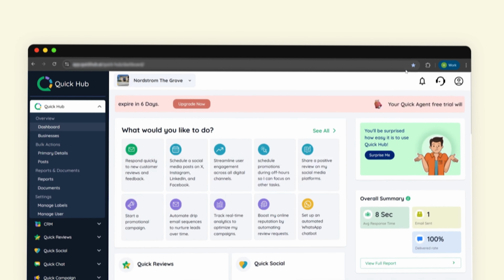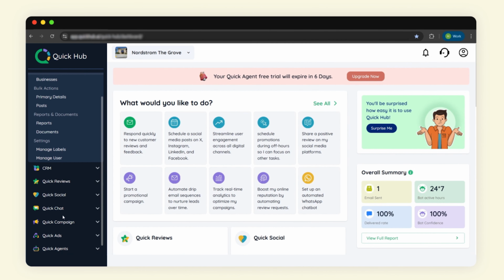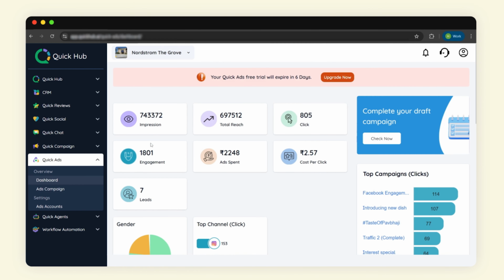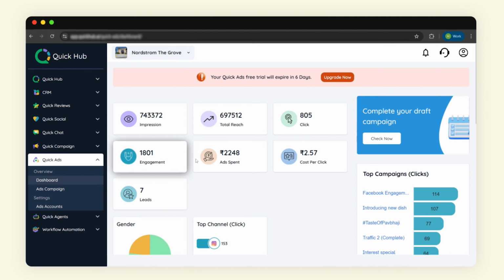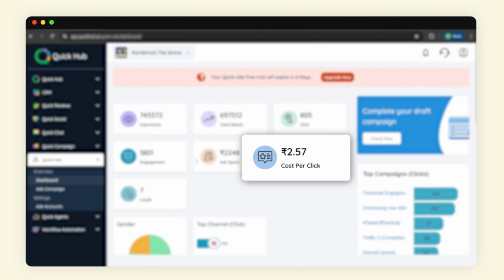Let's track how your ads are performing, right from the Quick Ads dashboard. From the Quick Hub dashboard, open Quick Ads, then select Dashboard. Here, you'll see your top KPIs at a glance: impressions, total reach, clicks, engagement, ad spend, cost per click, and